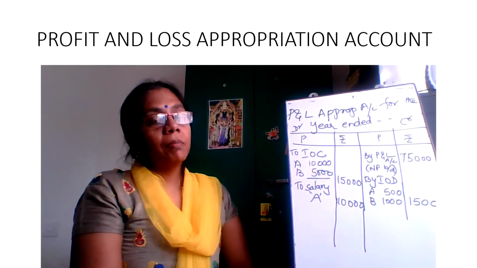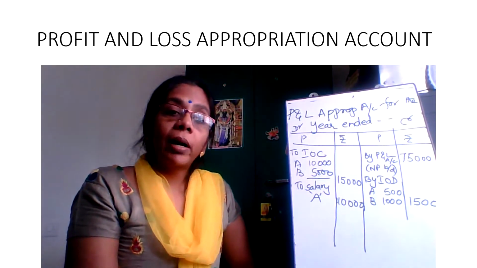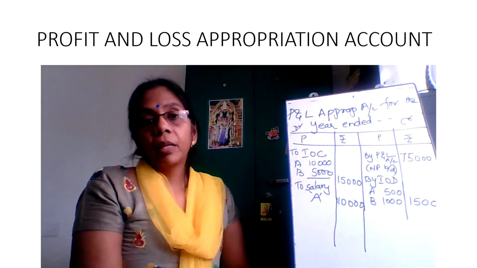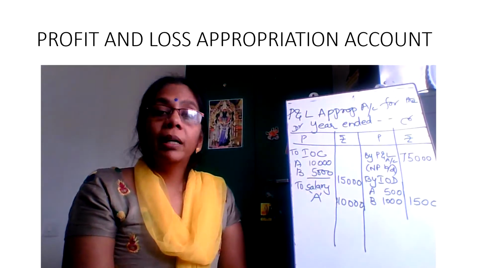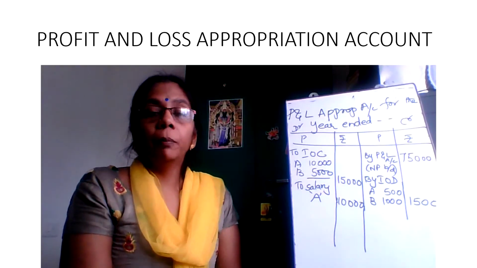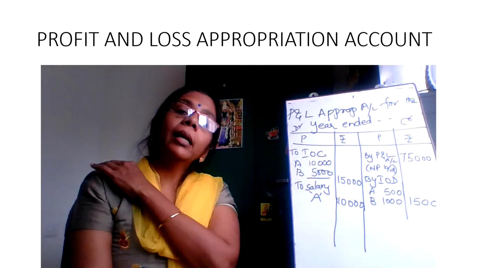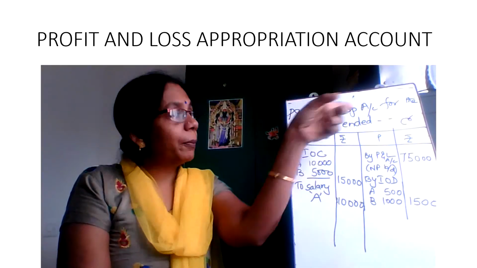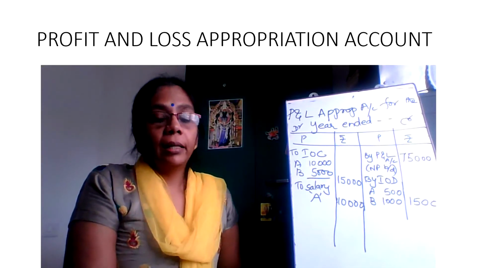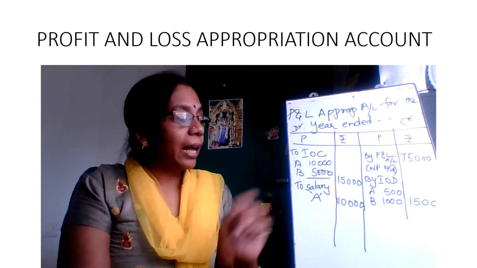See, whenever the items are put into the appropriation account, care must be taken that you have to write the numbers computation for the entire year. In the question sometimes they will give you monthly. So anywhere you find monthly computations or monthly calculations given, you have to convert it into yearly and then only you have to take it, because you are preparing for the entire year. Appropriation account is prepared for the entire year. So it is very much required that you have to have the annual figures.